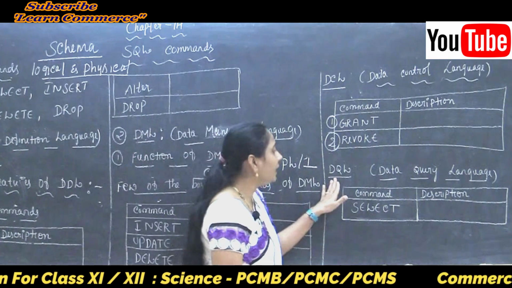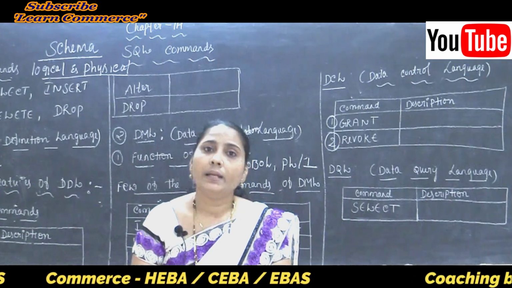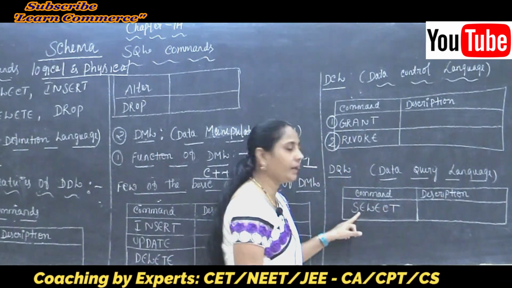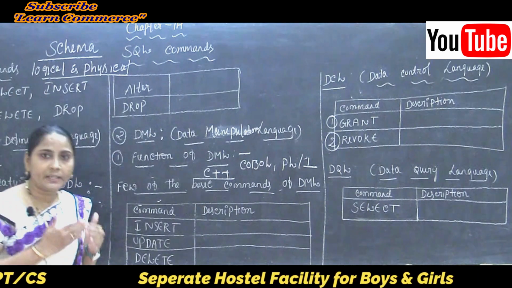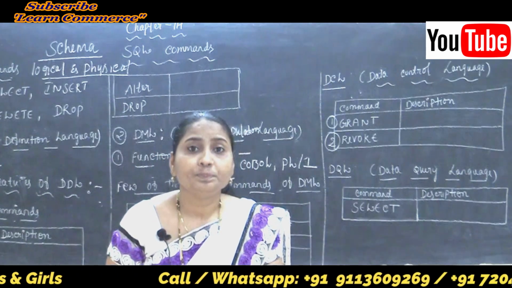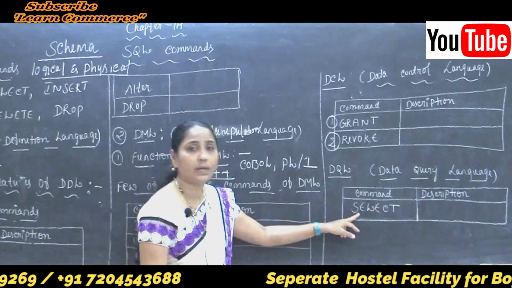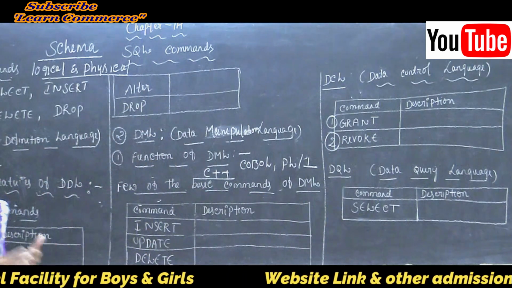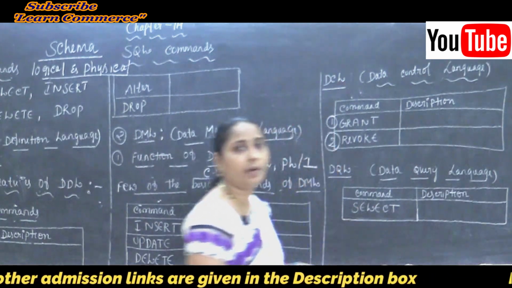And after that, the DQL. What is the full form of DQL? The full form of DQL is Data Query Language, and the command is called the select command. Why do we use the select command? Because it retrieves, and the meaning of retrieve is accessing the data from the table. So it retrieves certain records from one or more tables by using the select command. Clear this point here? Whatever record you want to access from the table, we can do such accessing by using the select command.